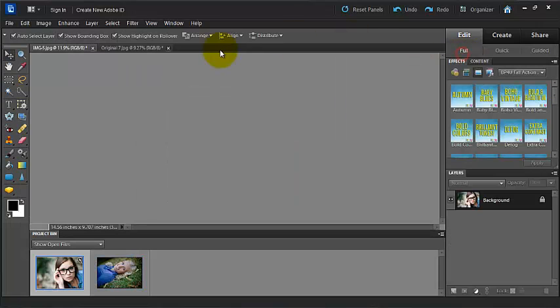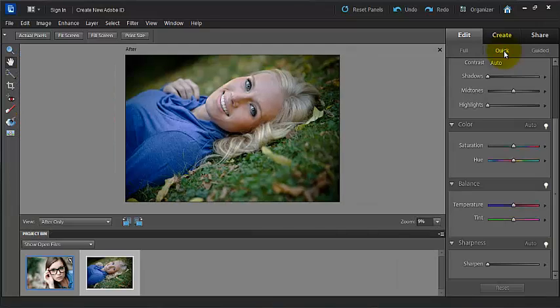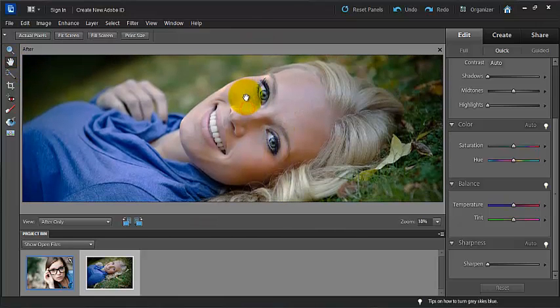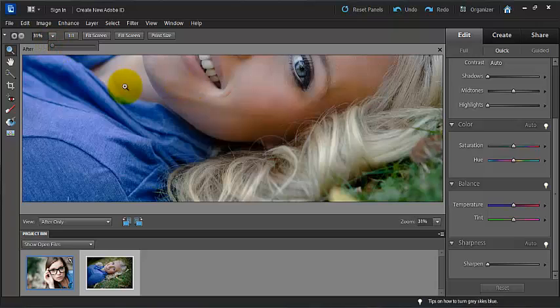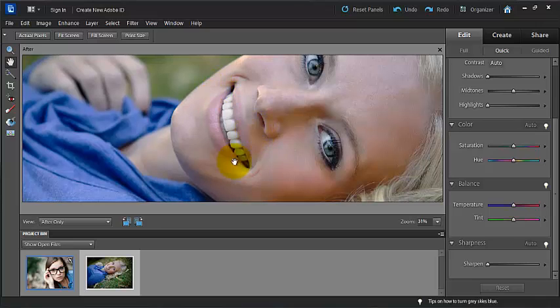Let me click back over into full mode and grab my other picture. I'm going to show you some of these tools. So here we have our zoom tool, and I'm actually going to use that to fill my screen. And I'm going to use my hand tool now to move the picture now that I have zoomed in. And I might even zoom in just a little bit more by using the slider. Oops. And this hand tool here,